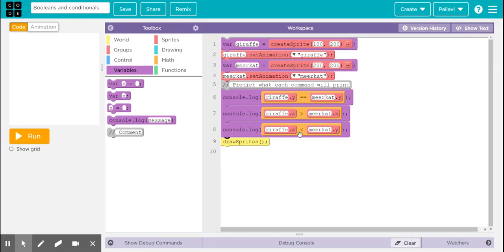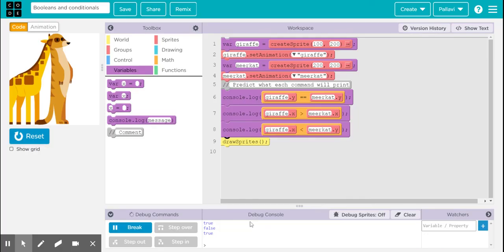And what about the third one? The giraffe's x value is 100 and the meerkat's y value is 200, and definitely the giraffe's x value is less than the meerkat's y value. So the third expression is true. So we can guess this. You can ask the student to guess the output, and then you can run the code.